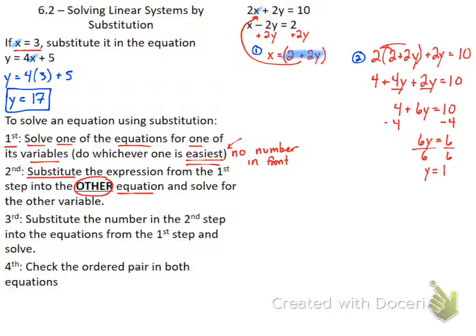And there's one of my answers. Remember that just like when we graph these, my final answer, my solution needs to be an ordered pair. So I need an x and a y. So once I've solved for one variable, the third step is that I want to take the number that I just got there and plug it into the very first step that I had. So with my third step,